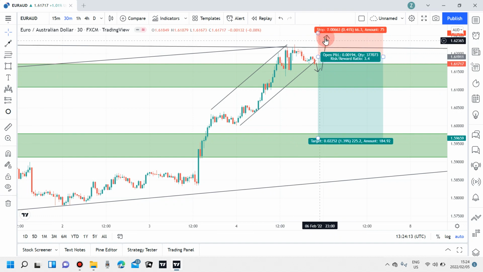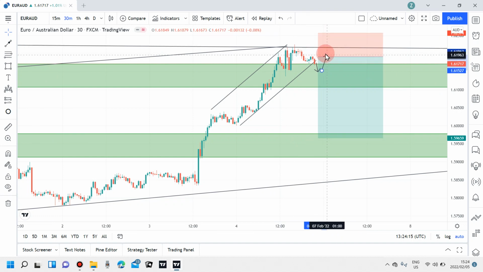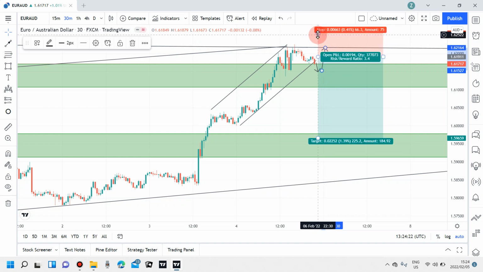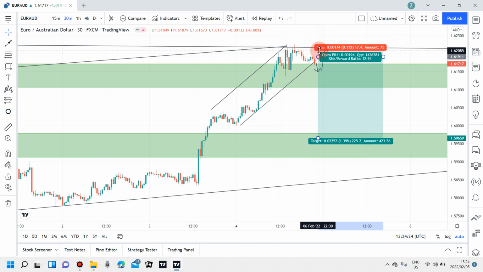Or the market sometimes can stop people out, so you would want to place your stop loss where it invalidates your trading setup. Most people will place their stop loss around 30 pips or 20 pips or less, not knowing